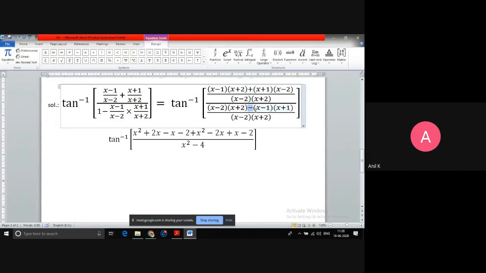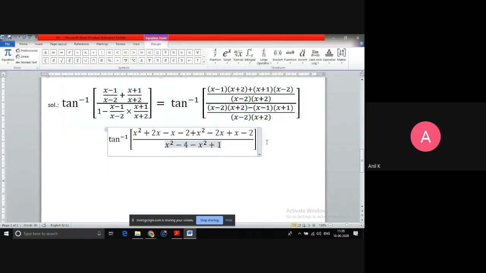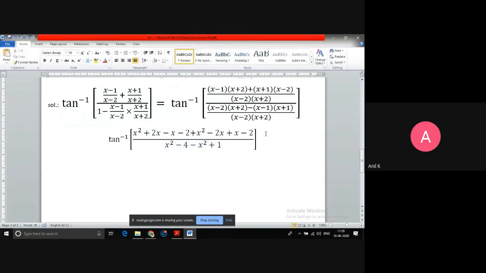But if you observe here, there is a minus sign. That means whatever terms you get after multiplying this, each and every term is going to change its sign. So by multiplying this bracket term, I'll get x square minus 1, and because of the minus it is going to be minus x square, then plus 1. So I'm doing the steps directly. If you have any confusion, please note down this term in the bracket in your notebook. You try it.